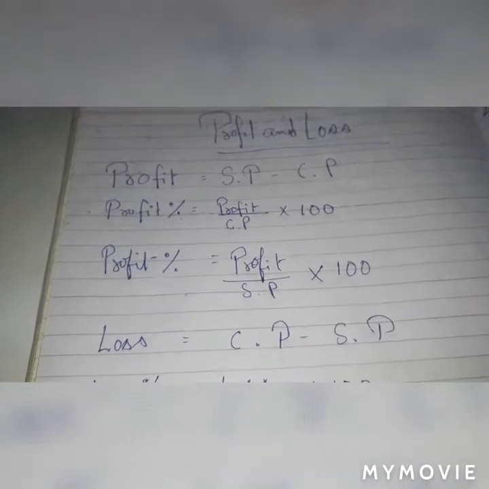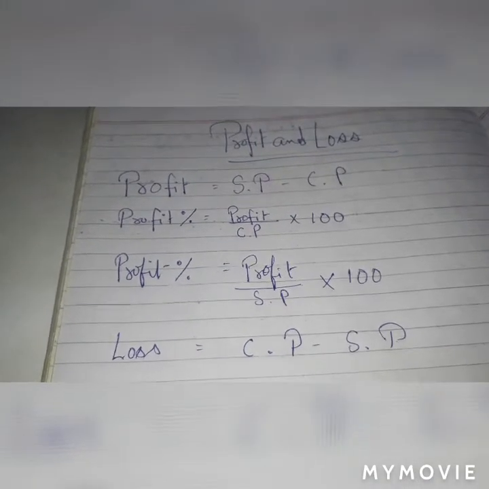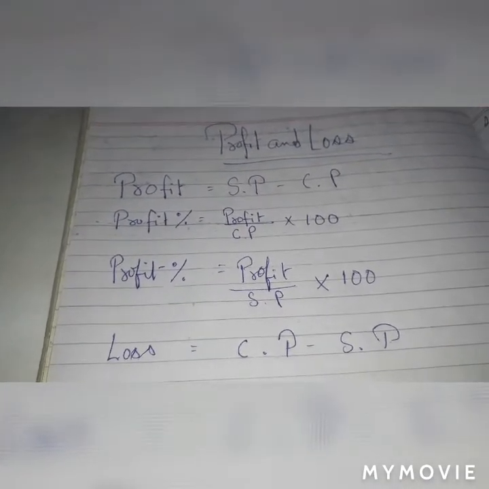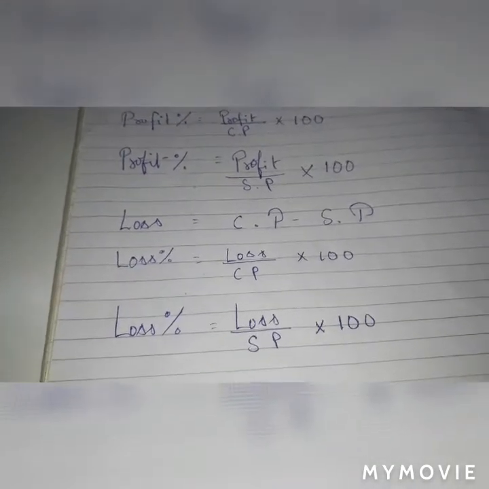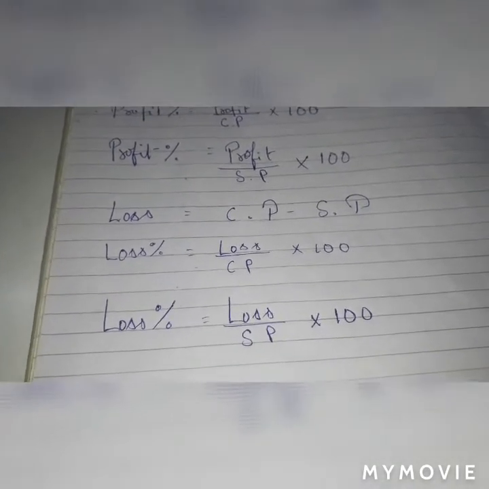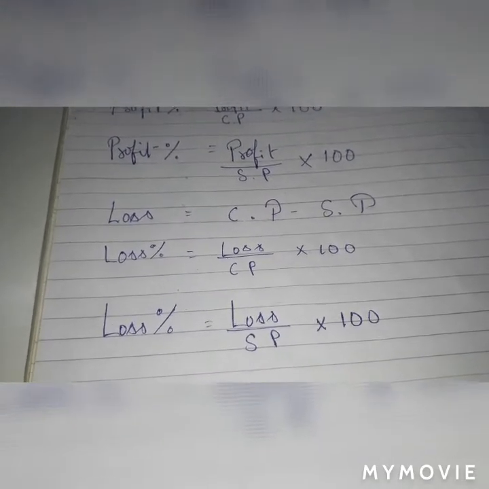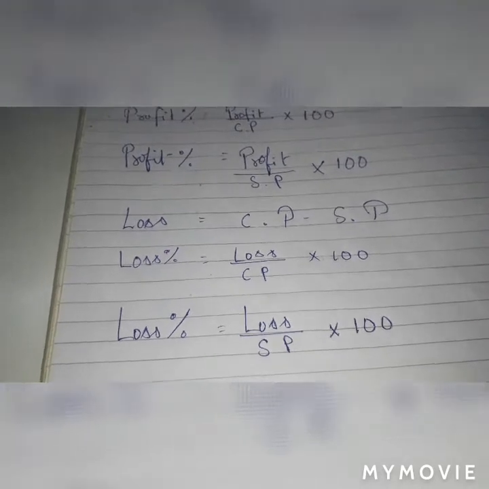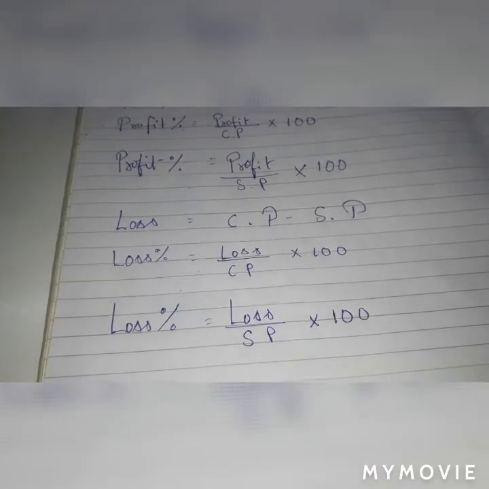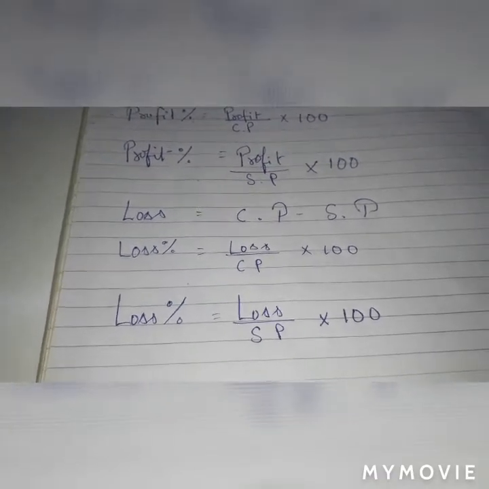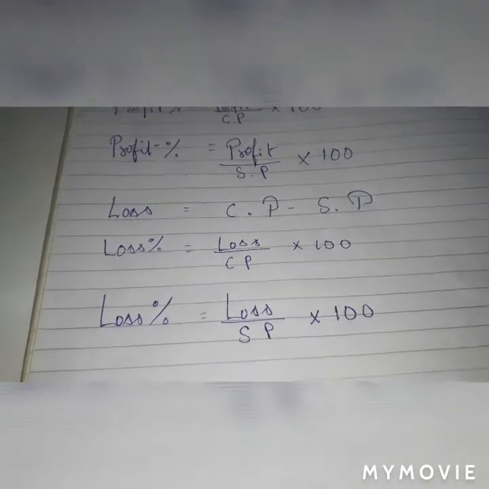In the question it may not be given whether the businessman has earned profit or loss, and you may be asked to find the profit or loss percent. In that case you have to first see which one is greater, selling price or cost price. If the selling price is greater than the cost price, in such case it is a situation of profit. So you have to find the profit percent in the question. Okay, now we will go back to solve the sums.